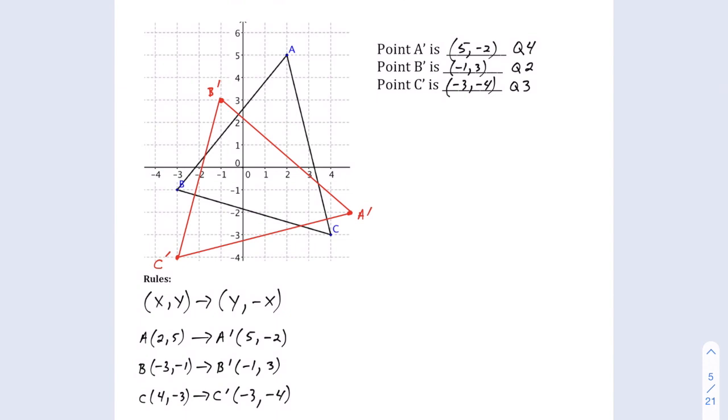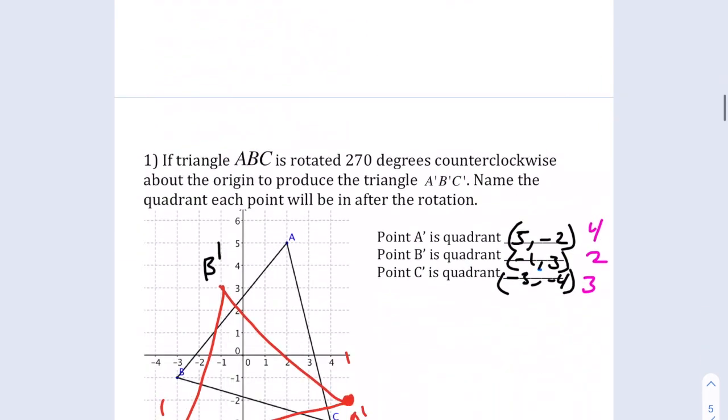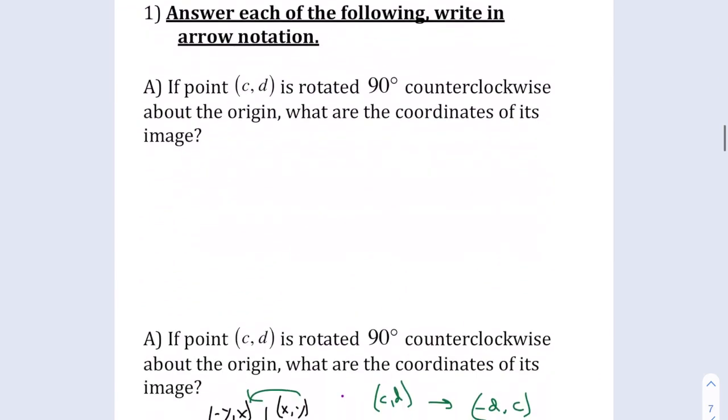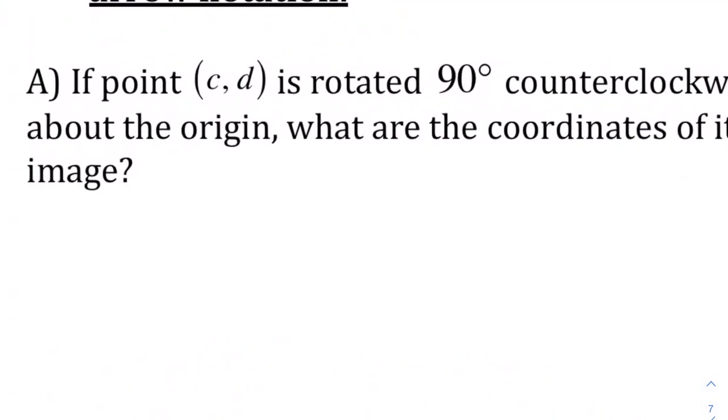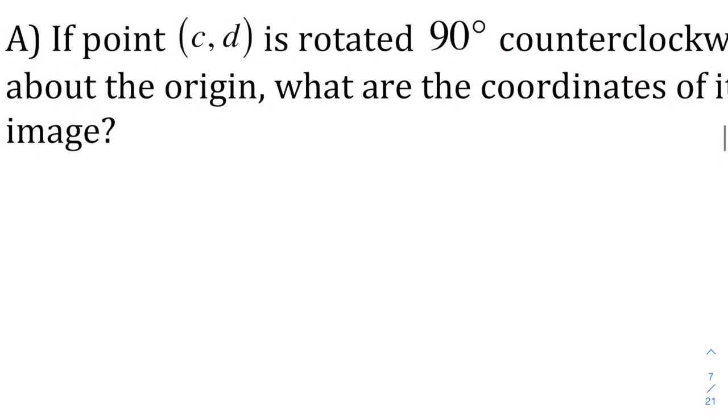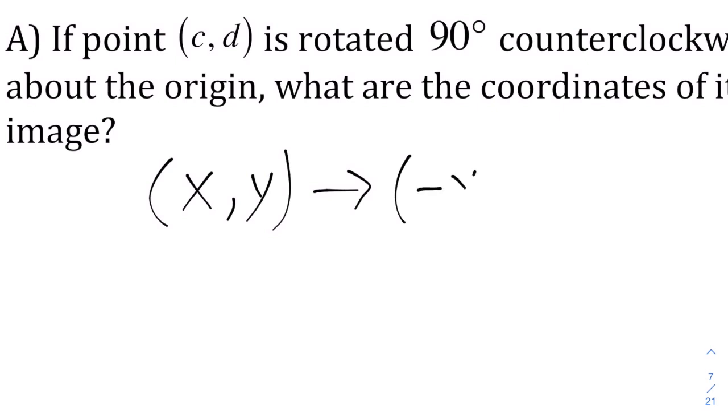So let's take a look at the first whiteboard problem. And it says, answer each of the following, write in arrow notation. If point CD is rotated 90 degrees counterclockwise about the origin, what are the coordinates of its image? So what we need to do first is I would suggest writing down the rule that you are familiar with. So X and Y. When I'm going 90 counter, remember they are going to switch places. And then, for 90 counterclockwise, the Y becomes its opposite and the X remains the same, but they switch